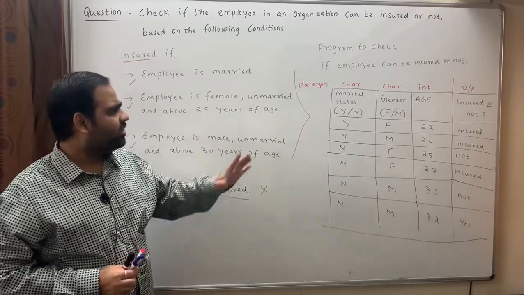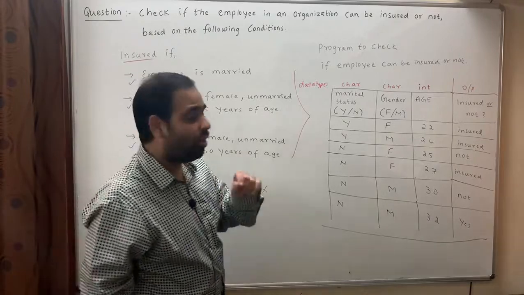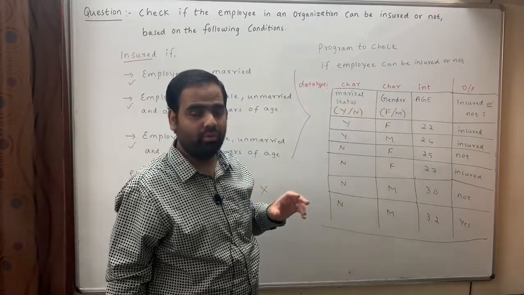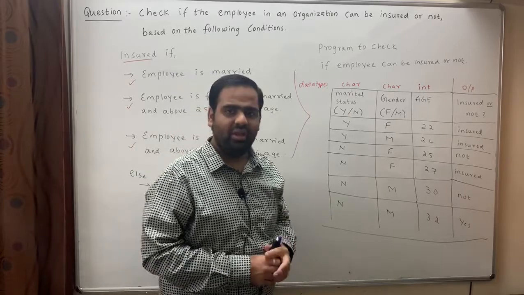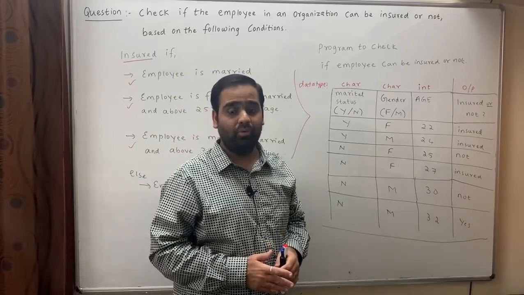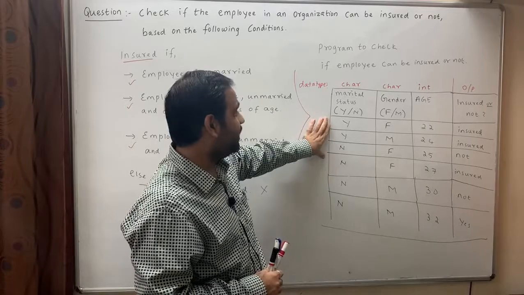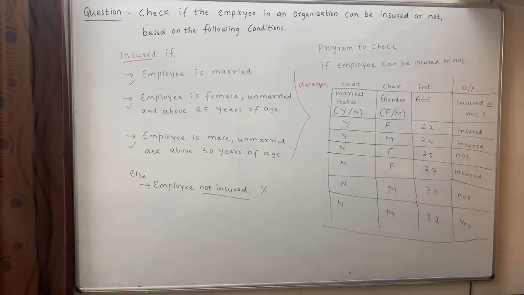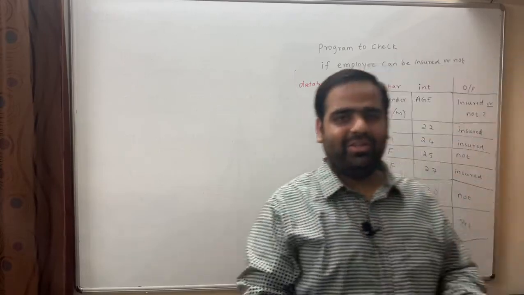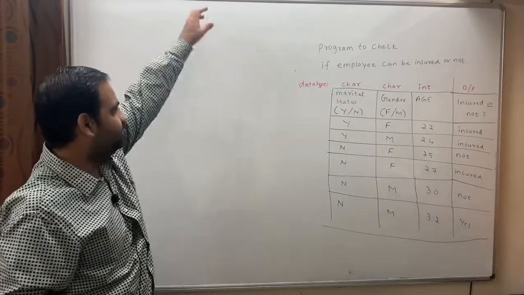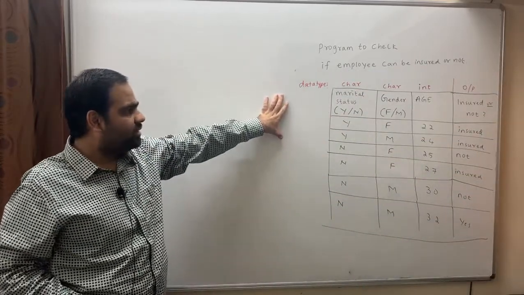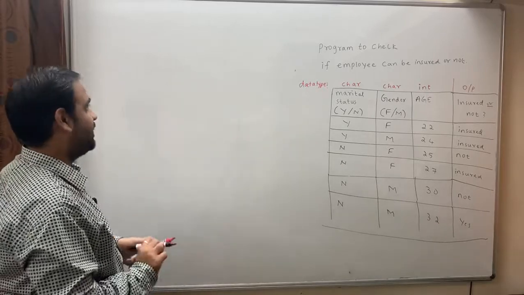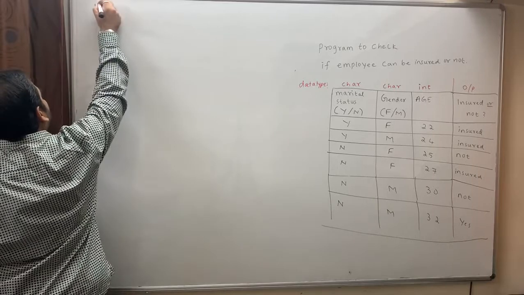These are some of the test cases, and we have already seen what should be the data type of each one of those particular things. Now let us see how we are going to write a program from this and convert it into the C program. Let us see the program for the same, and already we know what are the data types, what is the input and what output we expect from here.